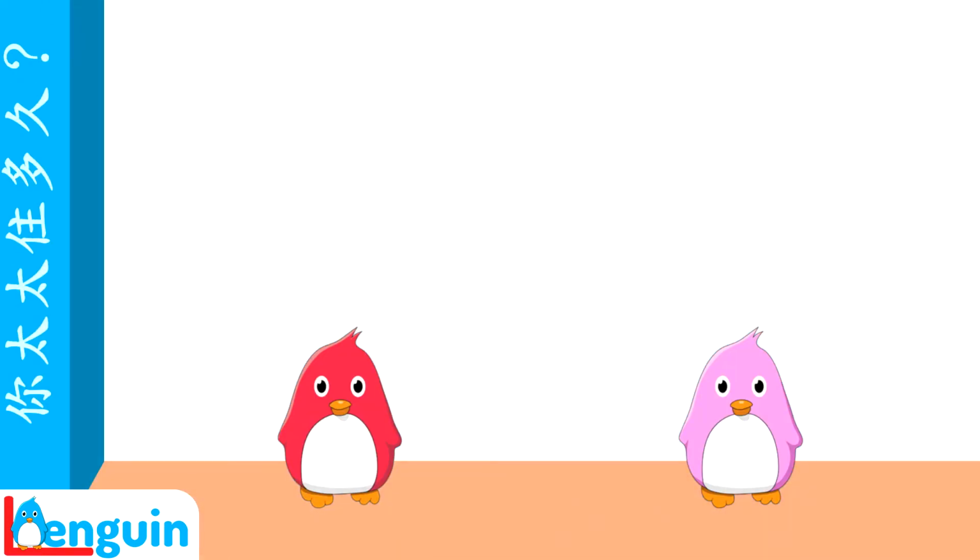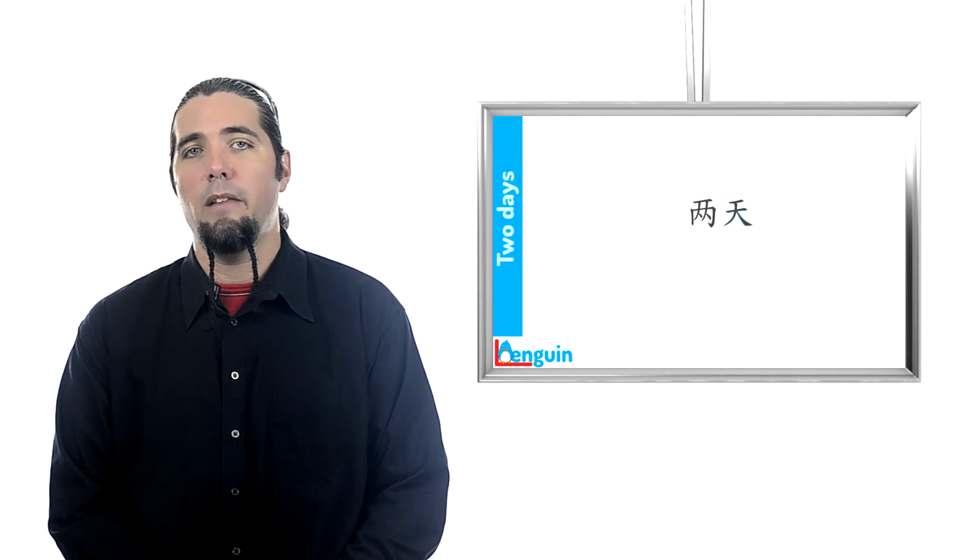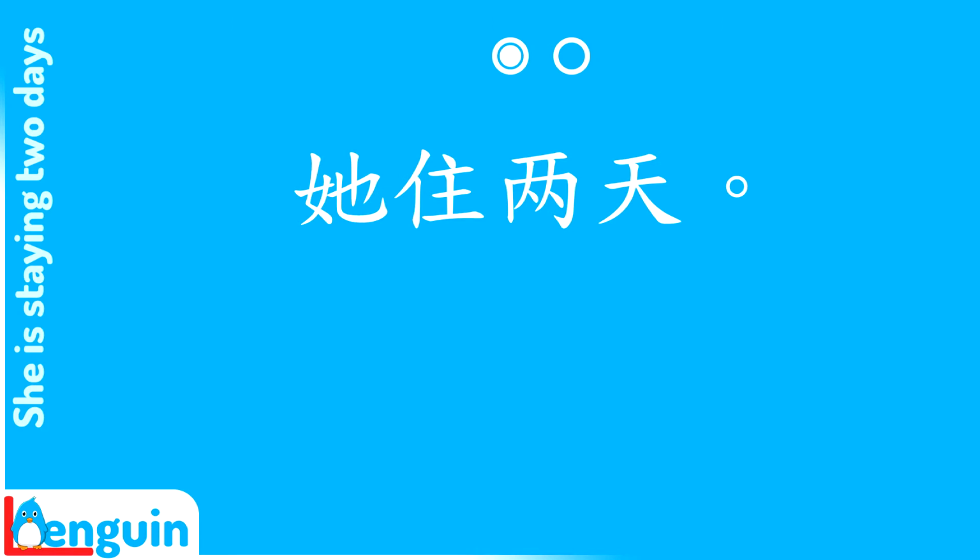Mrs. King is visiting Hong Kong. Listen to Mr. King answer a question about it. 你太太住多久？ 他住2天。 The word for day, 天, like the word for year, 年, doesn't need a measure word when used with numbers. Repeat, 2 days. 2天。 Repeat, she is staying 2 days. 他住2天。